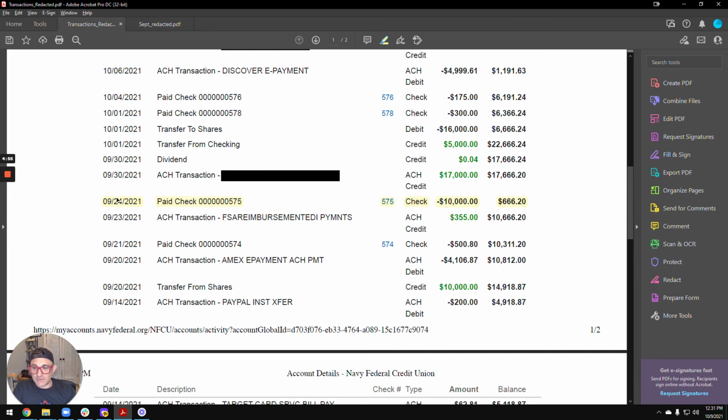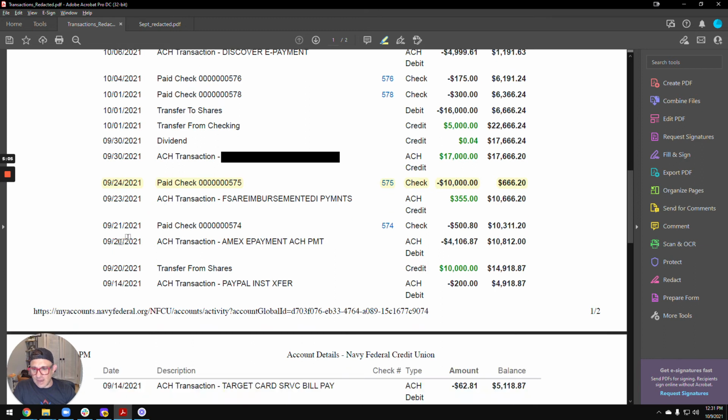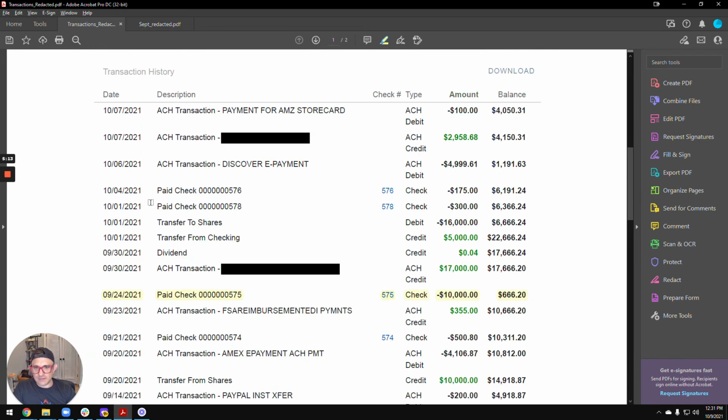And we would have had to wait until October 20th to get the actual statement, which would not work. So we had to have the client print out their transactions, at least from the 20th. They were a bit of an overachiever and went further back, which is fine. But from 9/20, they did until the 7th.